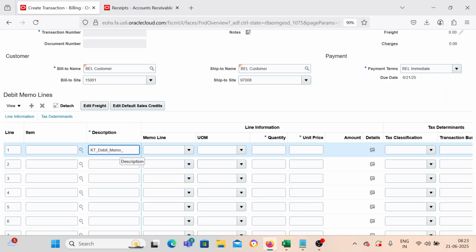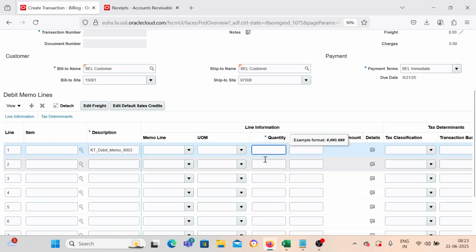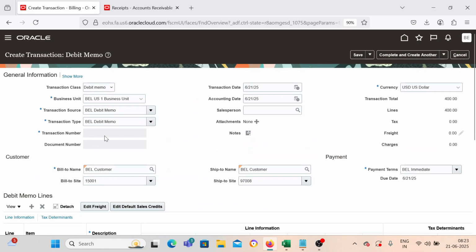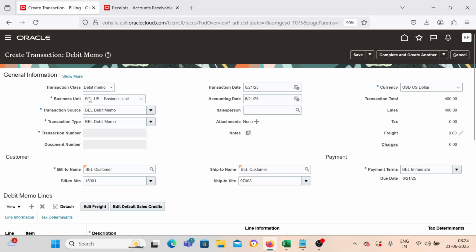for transaction number 8003. So how much do we want to reduce? We want to reduce 400. So we'll give a, oh sorry, we want to increase 400. Everything is the same, just like we had created a normal invoice. We are just changing the debit memo over here, transaction source as debit memo, type and